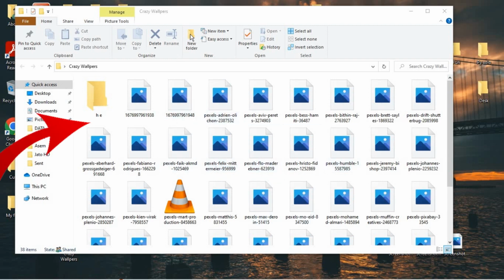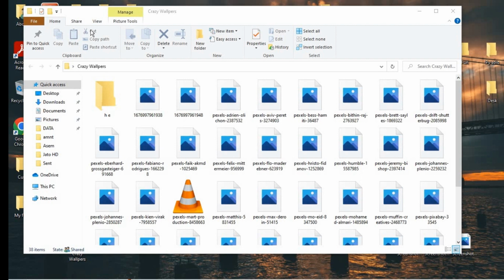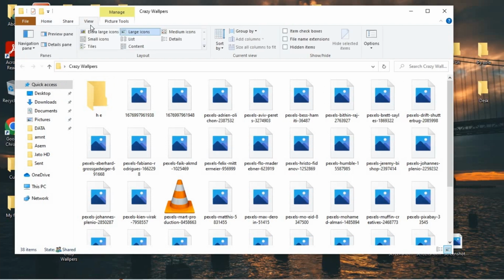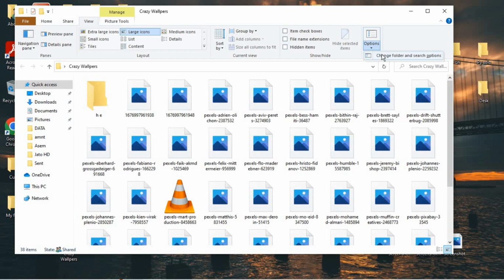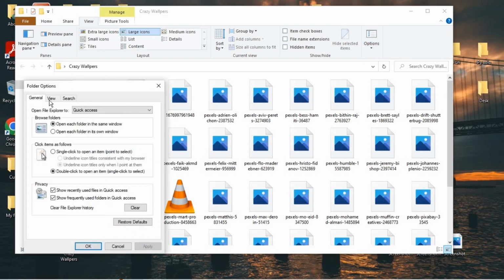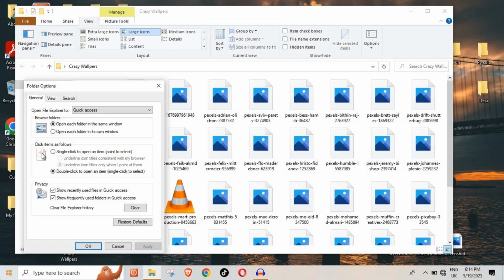Once you open the folder, just go to View at the top here, click on the View tab. Now once you click on the View tab, click on Options and change folder and search options. Now once it's done, click on View. This is the general view, which has Folder Options, or you can go to your Start and search